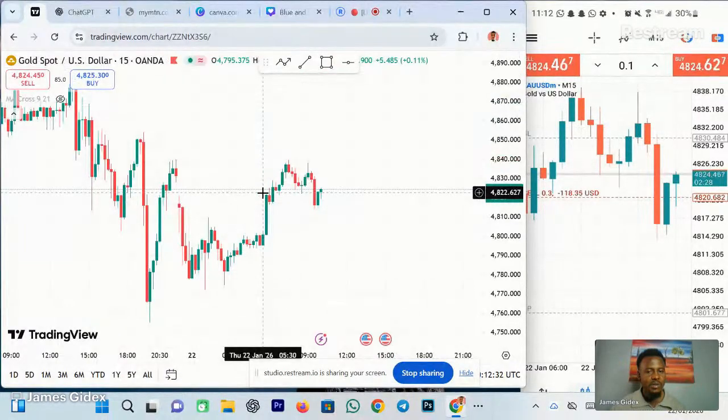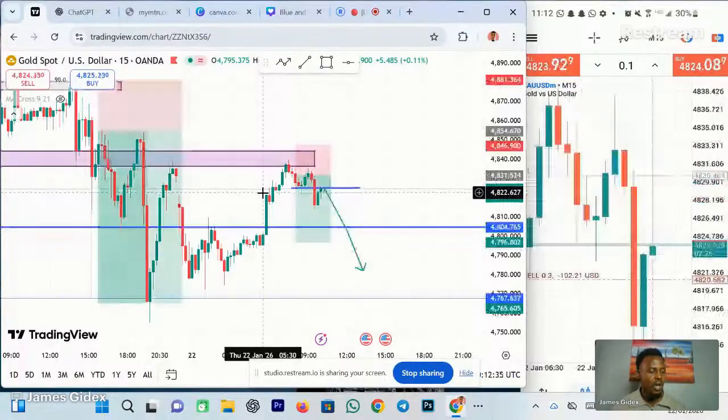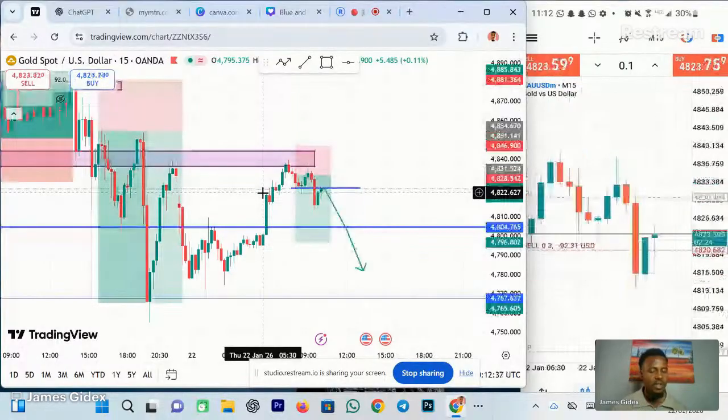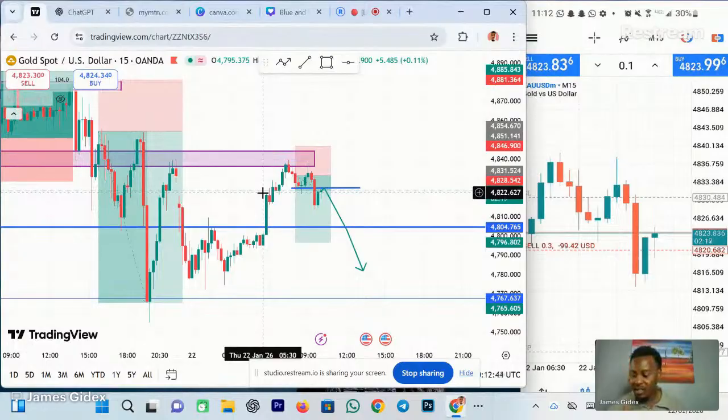So the market hits your stop loss. You don't have any reason to panic until the market hits your stop loss. If you can write this down, then it will be very helpful. And if the market has not gotten to your stop loss, don't close the market.